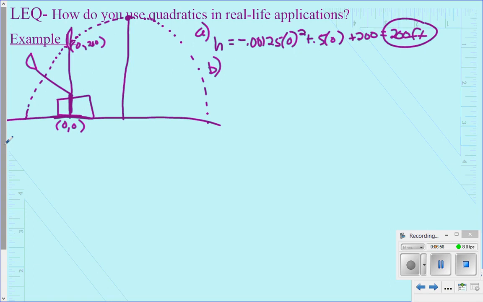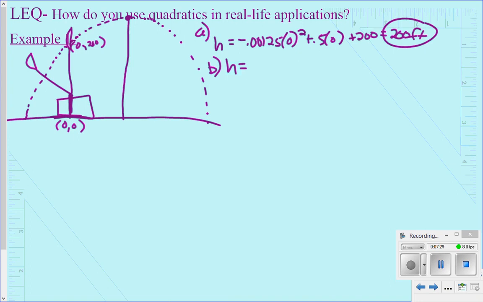This problem is kind of similar to the rabbits that we did yesterday, just clearing the fence. So I'm going to take my equation, which is currently in standard form, and I'm going to get it into vertex form. Well, we know to get an equation that's in standard form into vertex form, we're going to have to complete the square. I'm seeing these decimals, and I know that we're better with fractions when we're completing the square. So let's have the calculator change negative 0.00125 into a fraction,